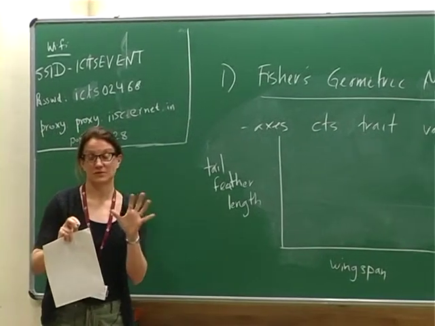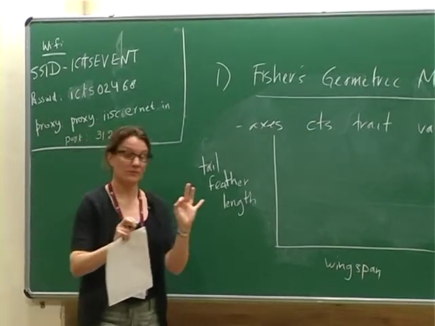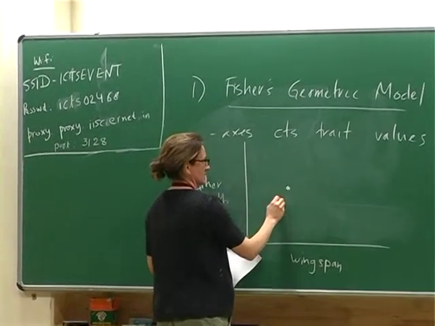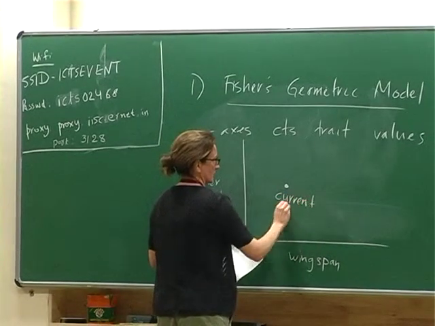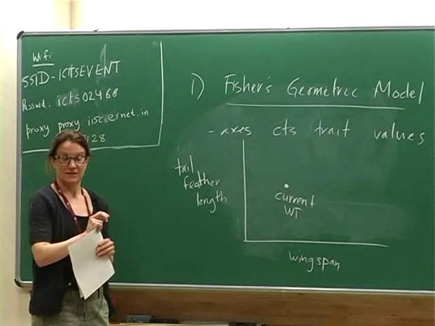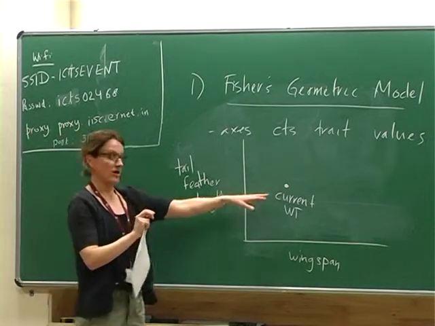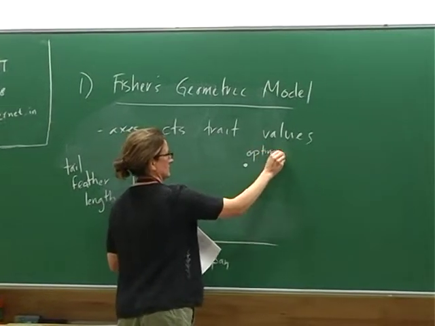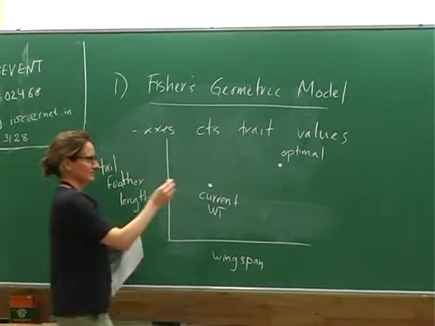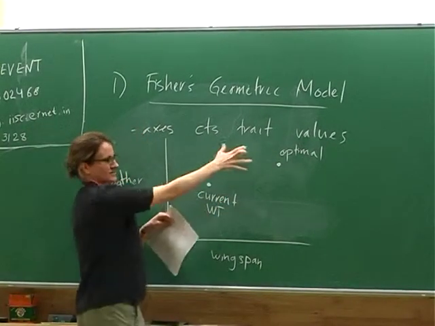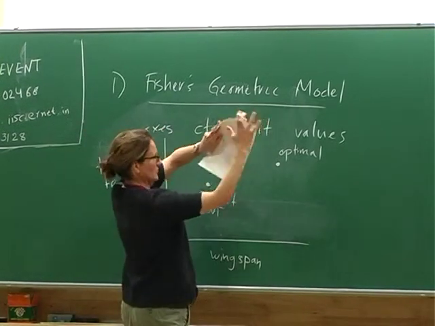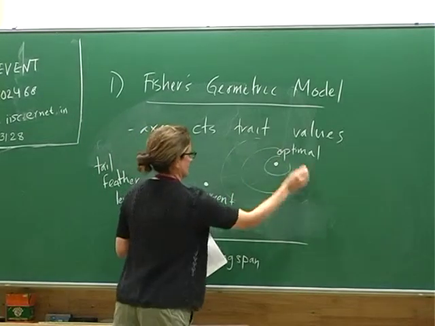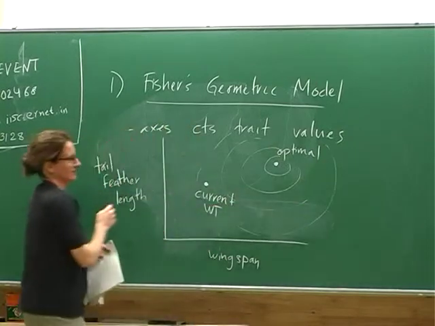Each individual is somewhere on these axes. But actually, Fisher's model is not about individuals, it's about populations. So we think about the population being at one point in these axes, say here, the current wild type population. But there's some room for adaptation. They're not at the best possible place, and the optimal place to be would be over here. Then fitness decreases. Fitness is coming out of the board, right? The peak is over here, coming down. You see that? There's fitness.